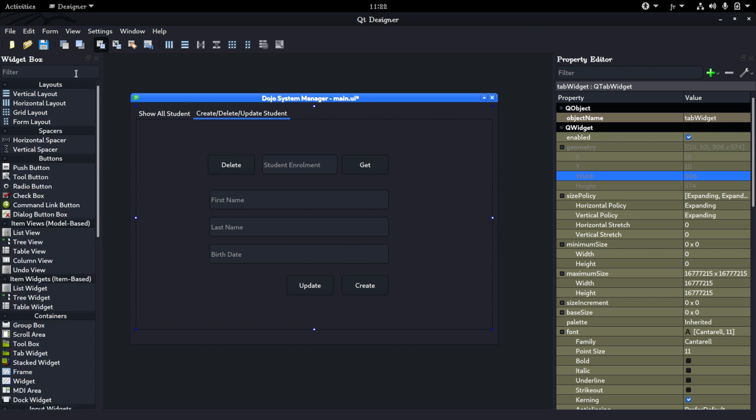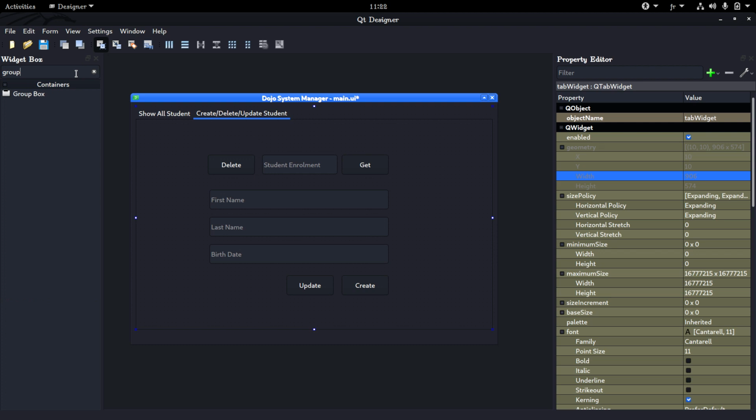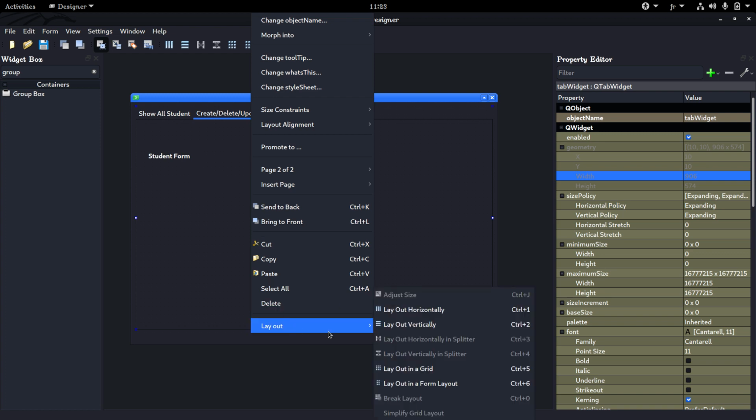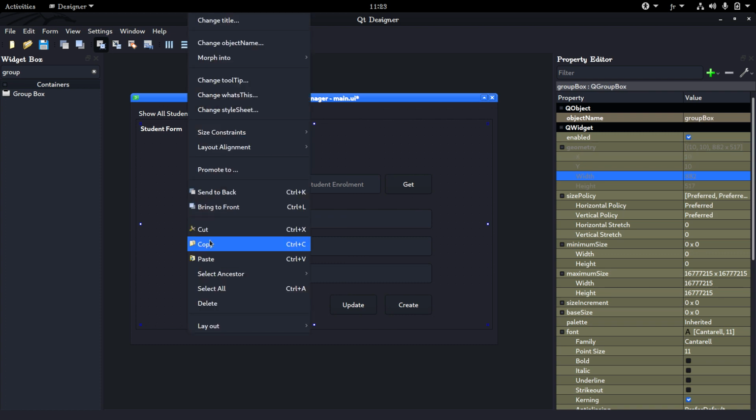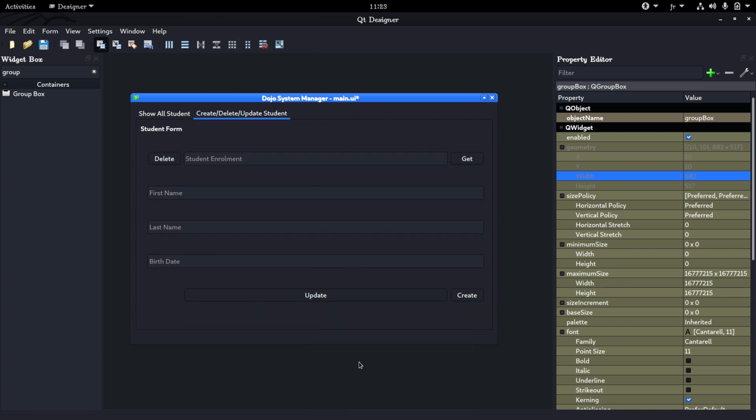So this is the last thing that I want to do, which is group box is what I'm looking for. So now you know what this widget box actually is for. Group box, let's just say student form. Let's just call it that. Student form. Let's cut everything out from here, and let's have a layout of grid, okay? And let's paste that in here, and let's have a layout of grid. Before this, we are going to change this